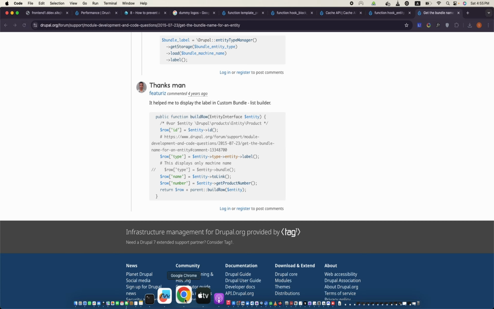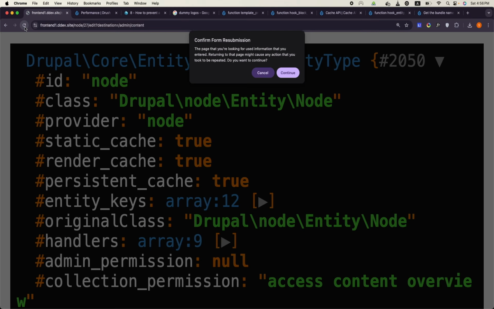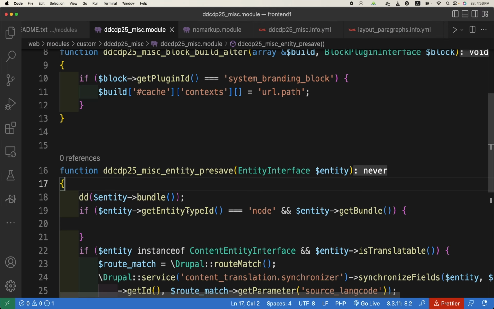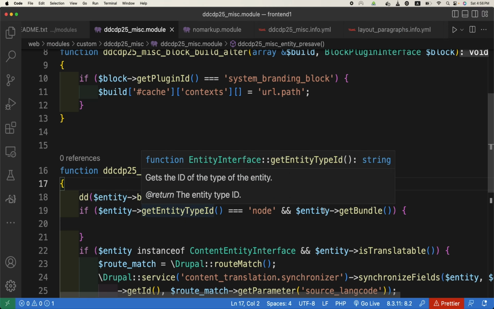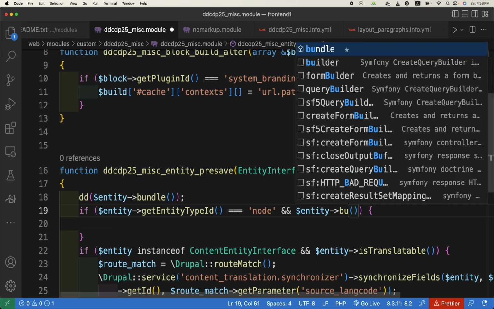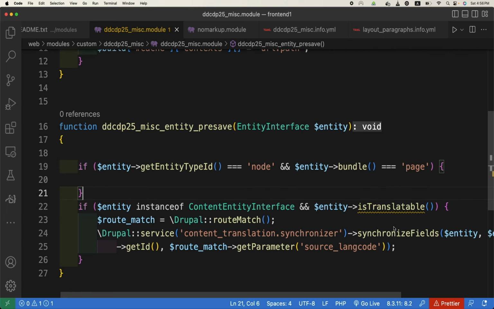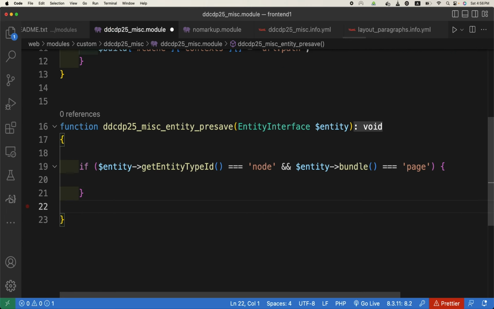So now what are you expecting if I refresh the page? Basic page. So you can have article and something like this. So you can check for the type. So if get entity type is equal to node and get bundle equals page, then this code will only run for basic pages only. Got it? So if entity get entity type id equals node and node entity bundle is equal to page, then